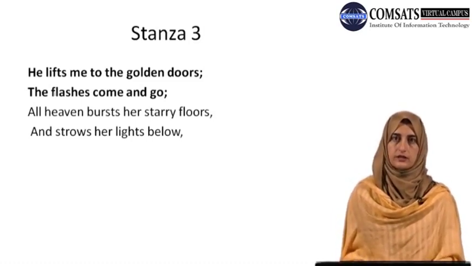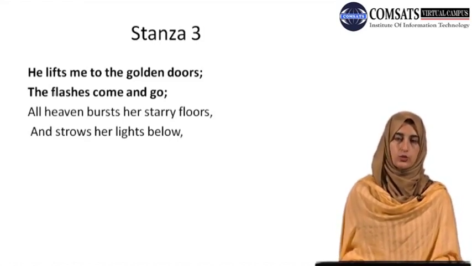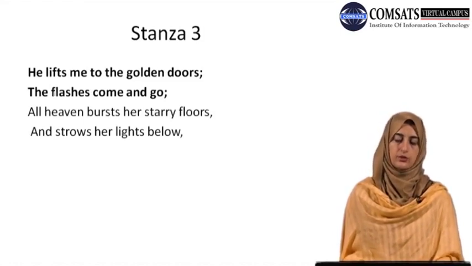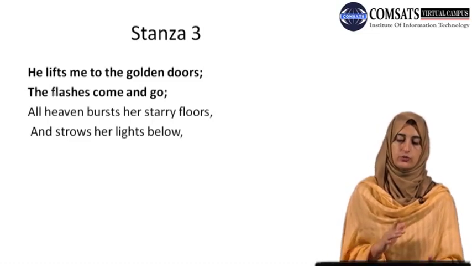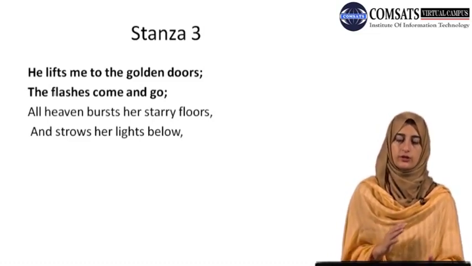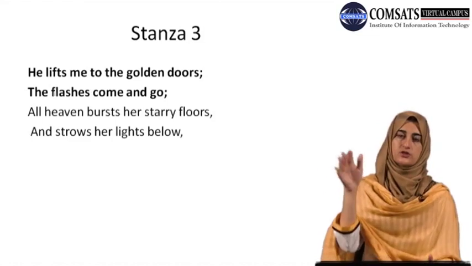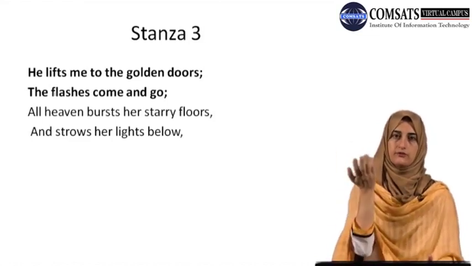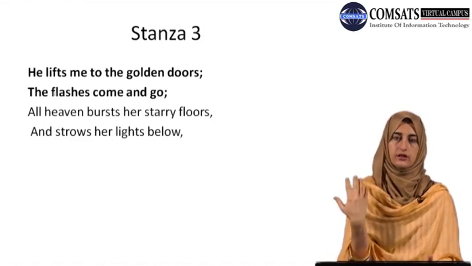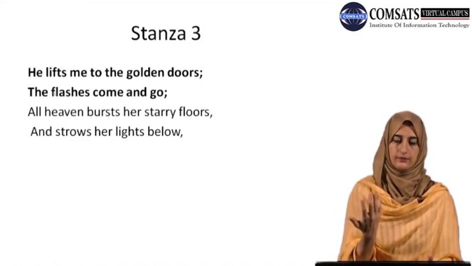And now in the third stanza we see that her prayers are actually heard, and she says, he lifts me to the golden doors. These are the golden doors of the heaven. The flashes come and go. She can see the doors being opened and she being lifted by her bridegroom. All heaven bursts her starry floors and strews her lights below. And she's walking on the floors of heaven, which is made up of stars. This is why Tennyson describes it as starry floors, because now she's no more on the earth. She's been lifted up by her bridegroom to the heavens, and she's crossed the heavenly doors,